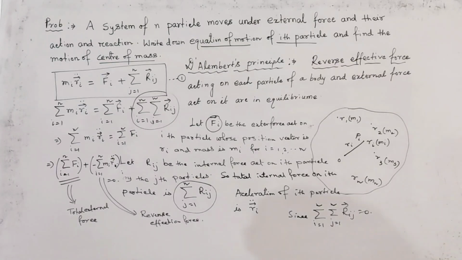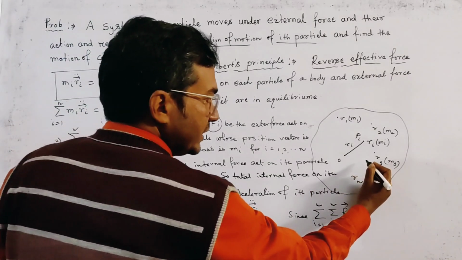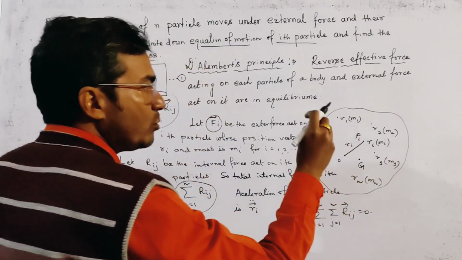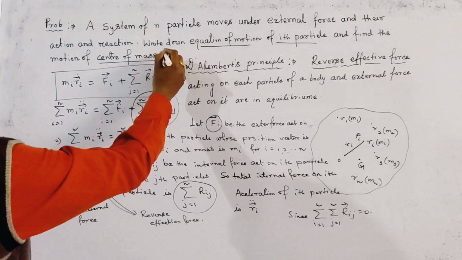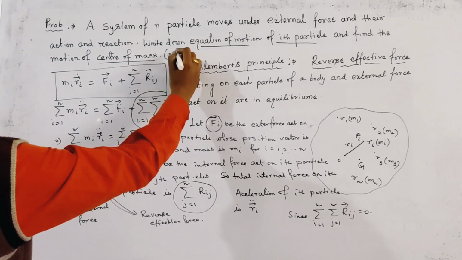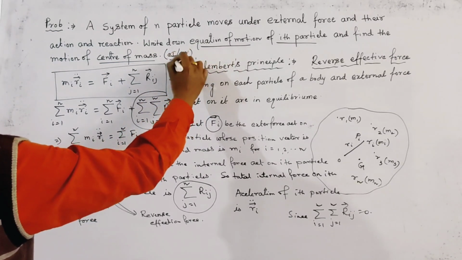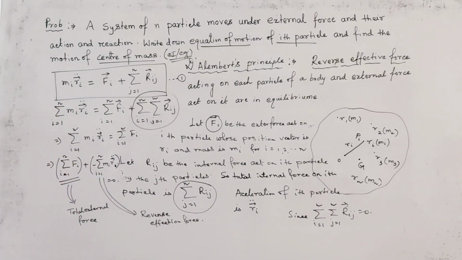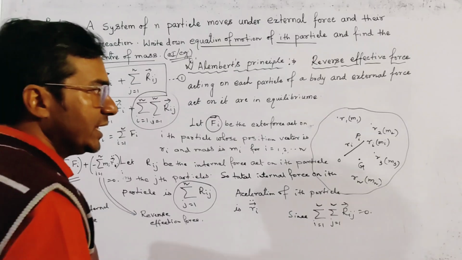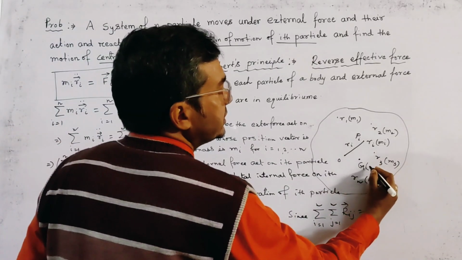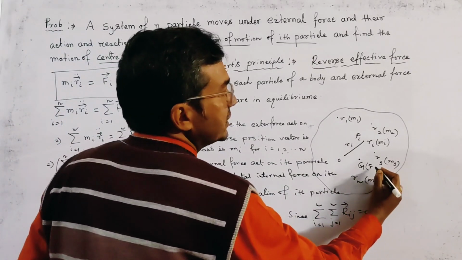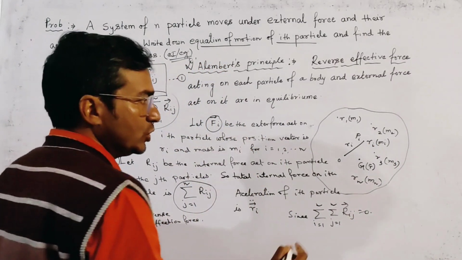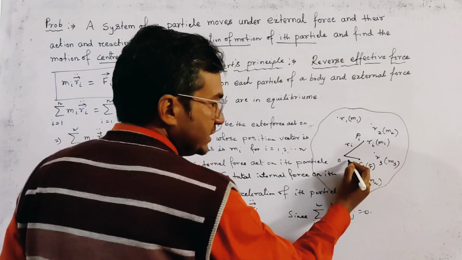Right, now we let G be the center of mass, also known as the center of inertia or center of gravity. Same word: center of gravity, center of inertia and center of mass. From the definition of center of mass, if we let the position vector of the center of mass, generally taken as r bar, so here OG is r bar,